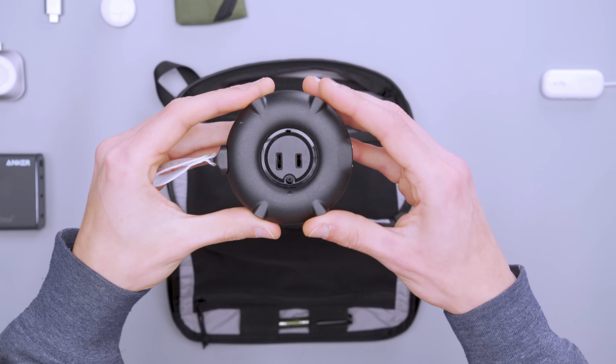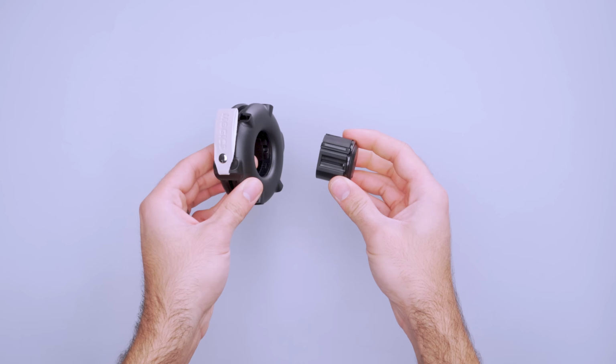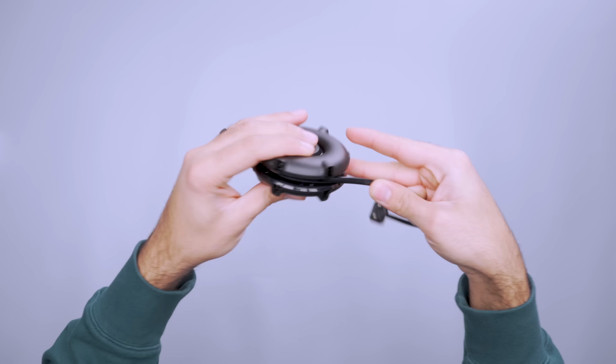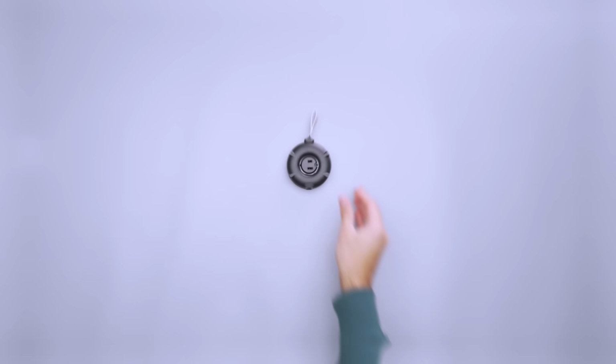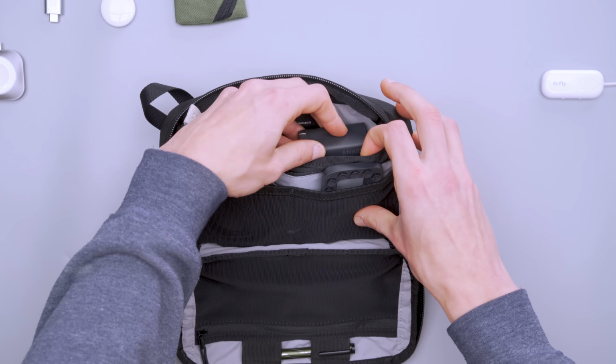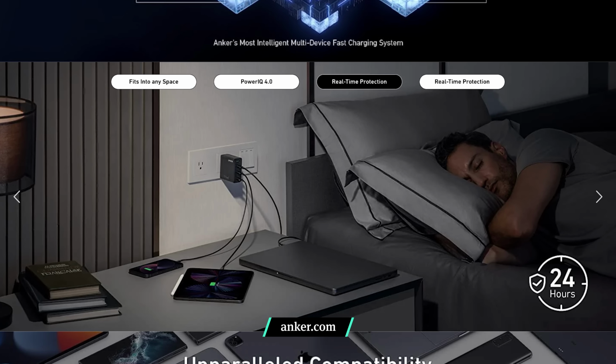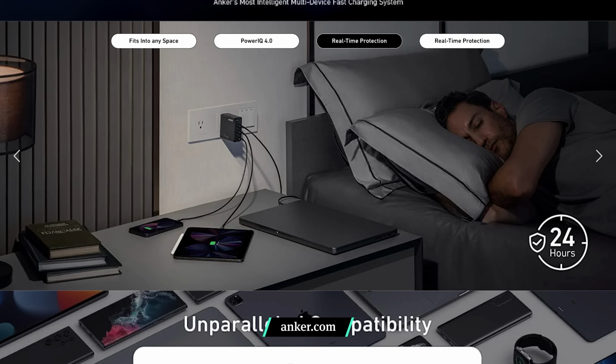That's not an issue when I'm using the Mojix Super Bagel though. This thing is one of our favorite finds of last year. It's a 5-socket hub, an extension cable, and travel adapter all in one, and I love how neatly it all wraps up into a clean, round shape. I stored it in the back divider with the Anker wall charger, which plugs in securely and rests on the table with the bagel. It has 1 USB-A and 3 USB-C ports, and at 150 watts, it easily charges my laptop